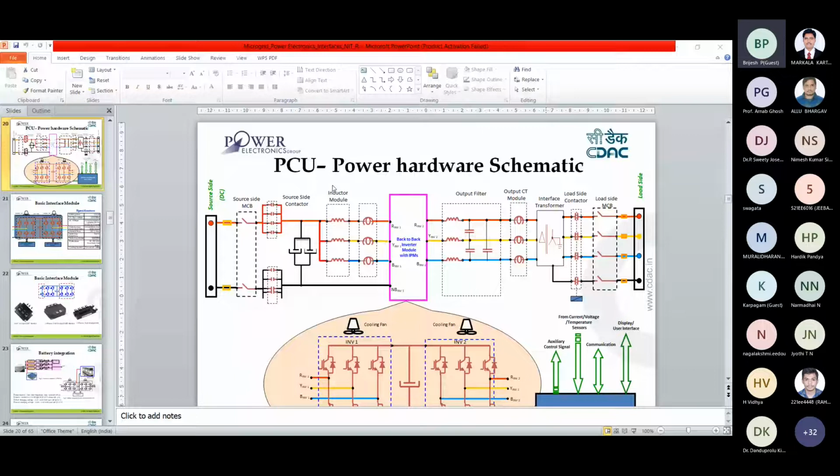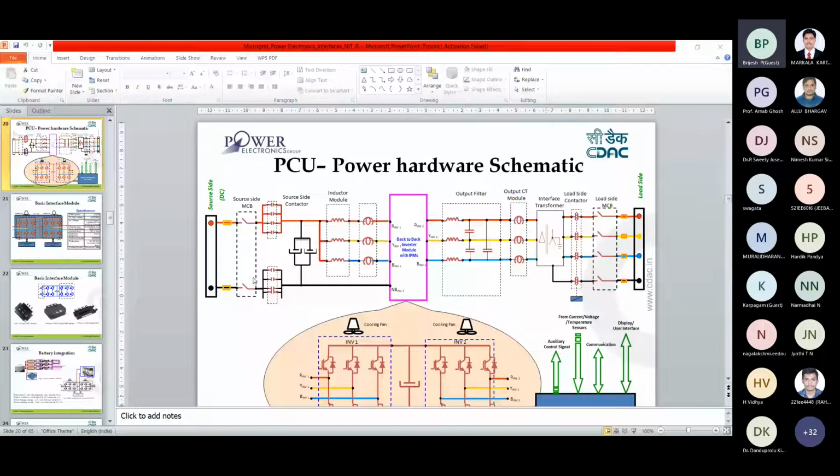Then all the 36 PWMs will be generated from the FPGA, and the second DSP we are specially using for the user interface application, that is graphical LCD interface, and remote connectivity.